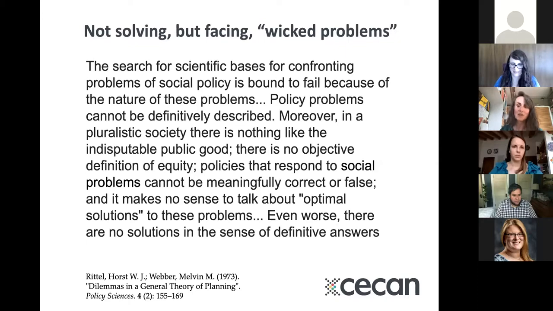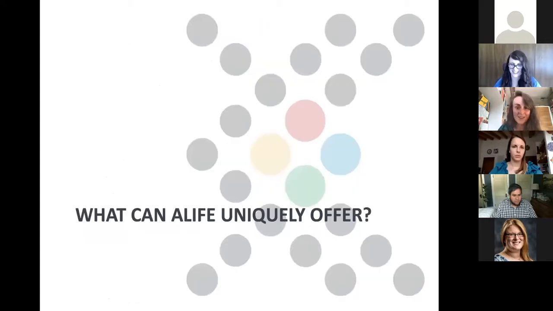So if you think about climate change, food production, energy production, and say economic equity, you can immediately start to see there's trade-offs in here. It's difficult to find something that works for everyone. These problems can't be definitively described. There's no optimal solution, there's no stopping point, they change all the time. And the most important thing is there's no optimal solution. There's no definitive answer. You can only do better or worse for a particular group of people or an ecosystem. So we don't have a definitive answer to aim for. Okay, so it's quite a difficult realm to work in.